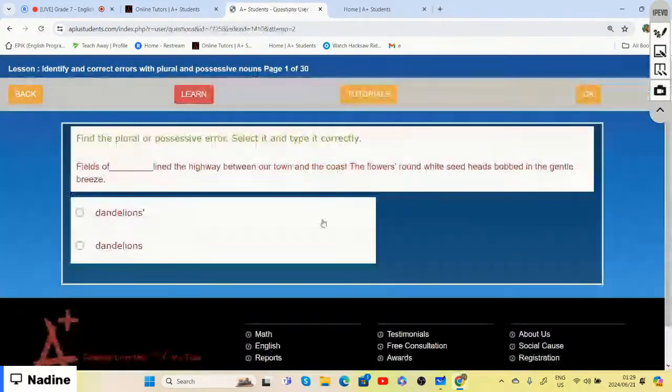All right, so now we're going to find the plural or the possessive error within that sentence. We're going to have to select it and type it correctly. So we need to choose one. We need to either choose option A or option B. It says